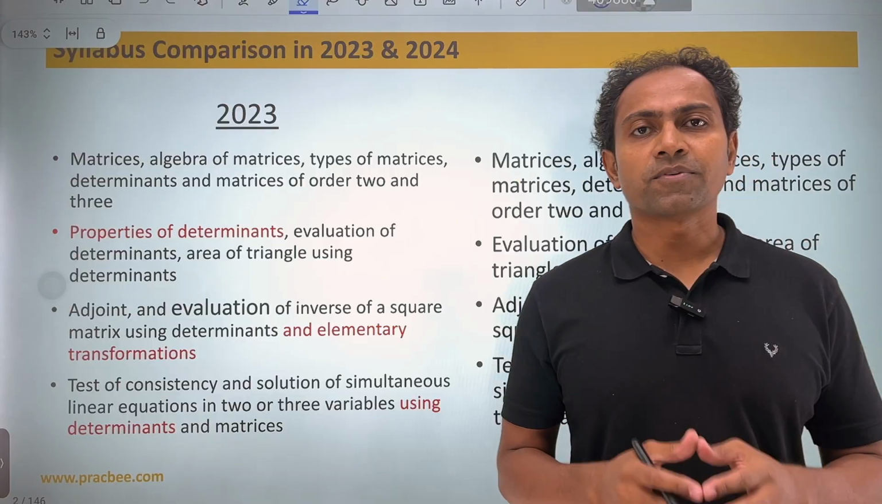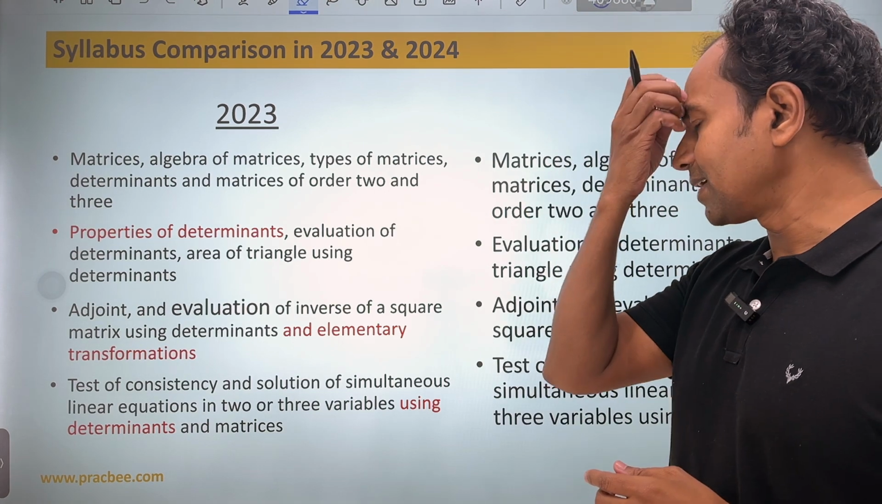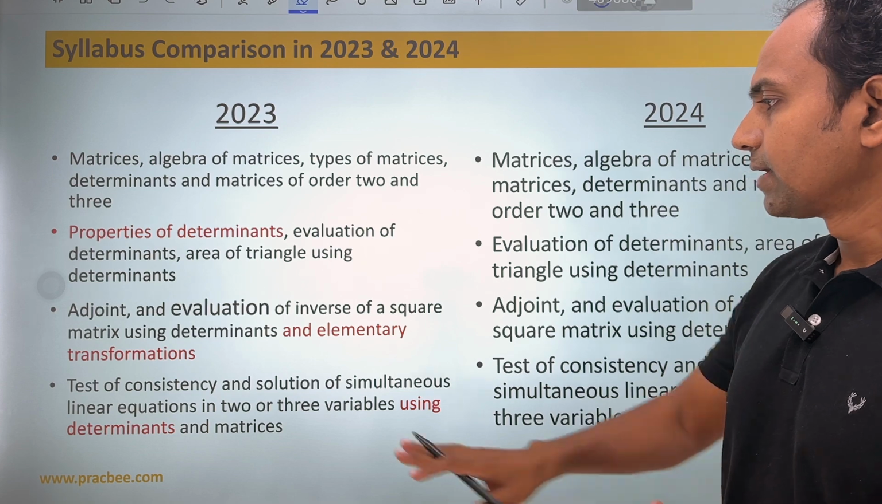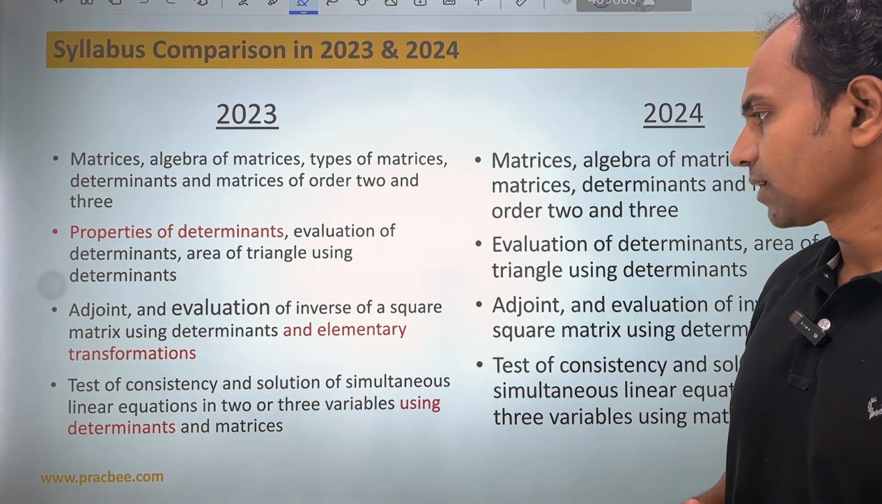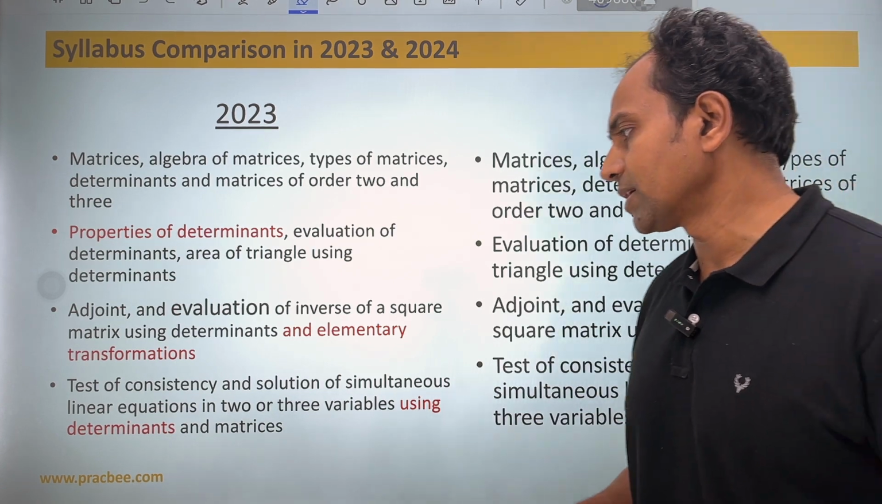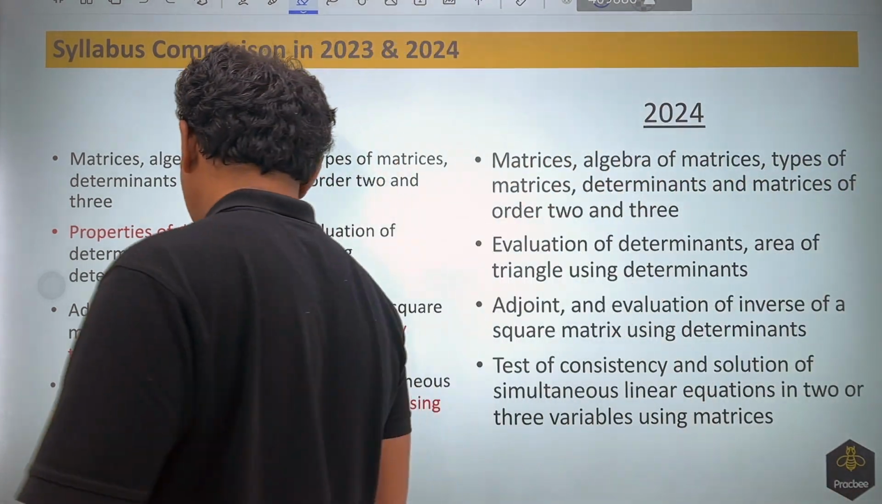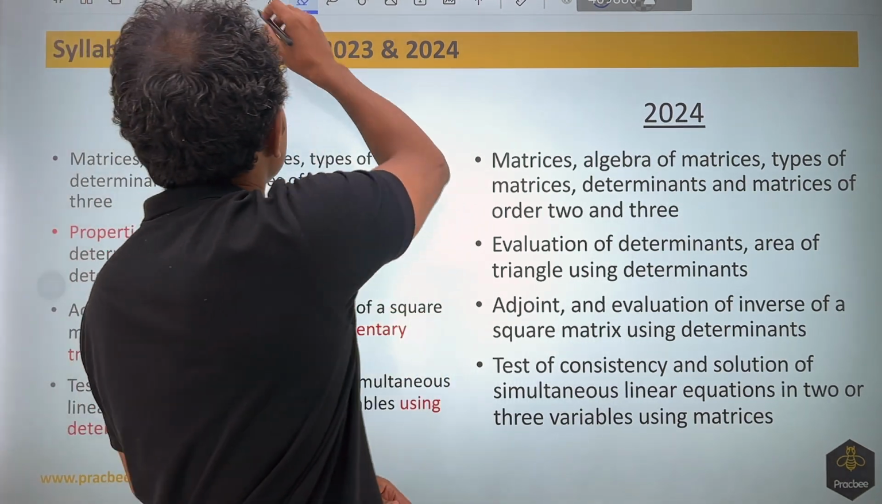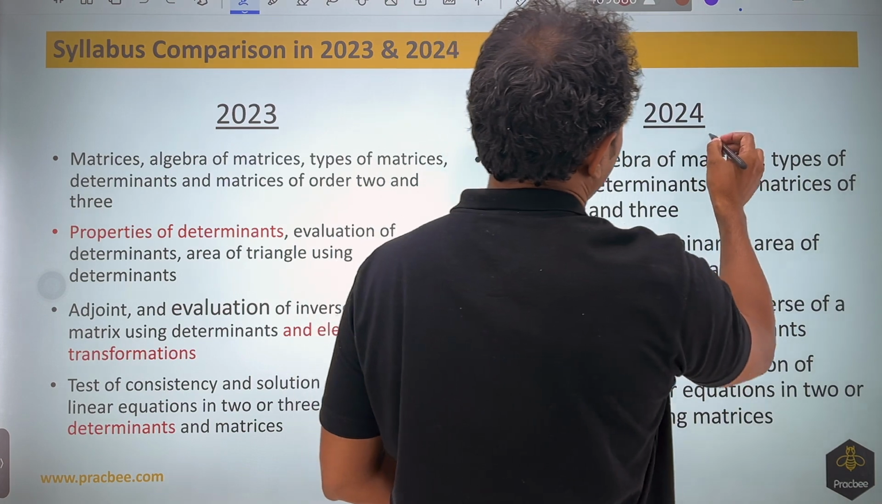The weightage of this chapter is 2 to 3 questions in the exam. Now if I talk about syllabus comparison, you can see that there are few things that were removed from the syllabus like properties of determinants, elementary row transformation, and then solving linear equations in 2 and 3 variables using determinants. Now you can see that though these things were removed from the syllabus and that continues even in 25, there has been no change from